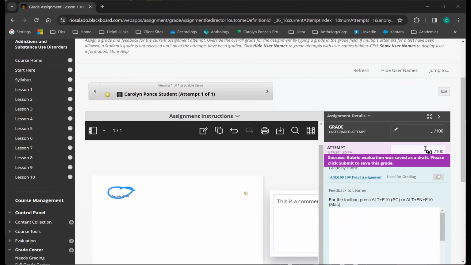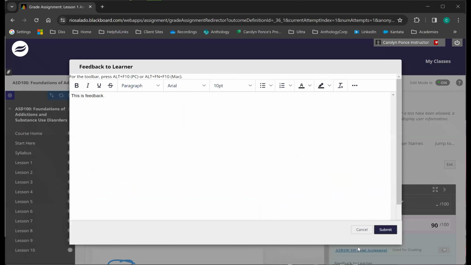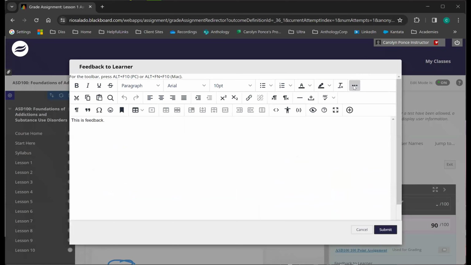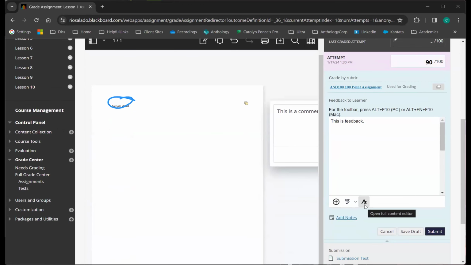So you can use your rubric for grading, and provide any feedback within the text box. It is just a normal text box. There's no huge editor attached to it at the top. If you need to access the content editor, you can click the little button that looks like an A, and that will open a full text editor for you to use. Click the three dots to expand it, and you have access to things like tables, certain formatting, and all of that. So you can access it, you just have to click another button to do it.